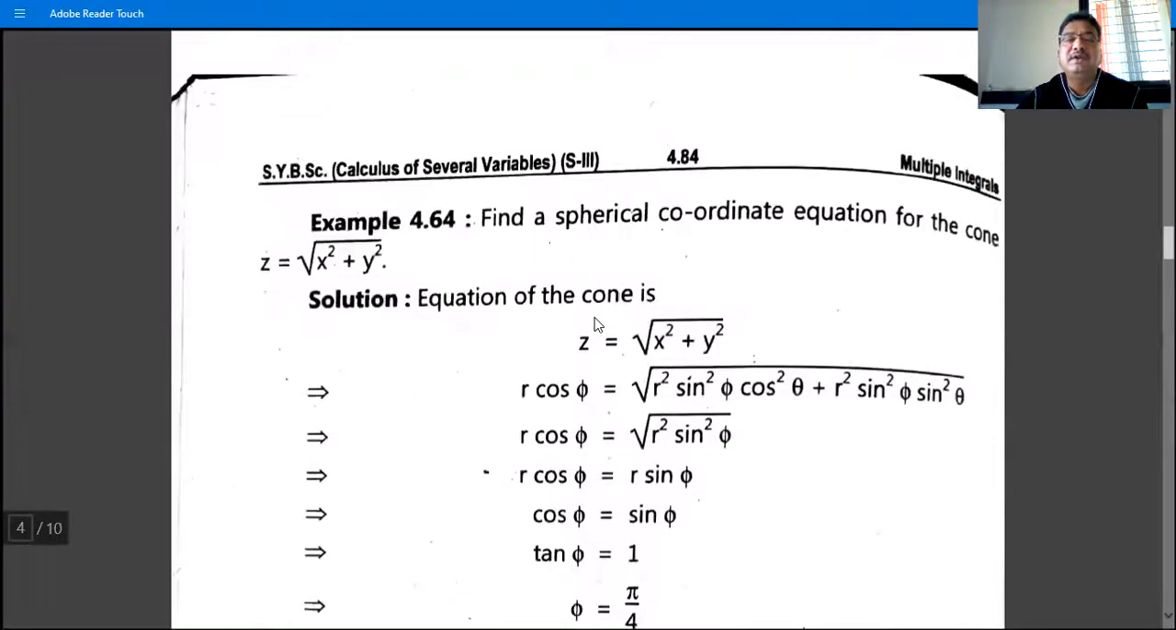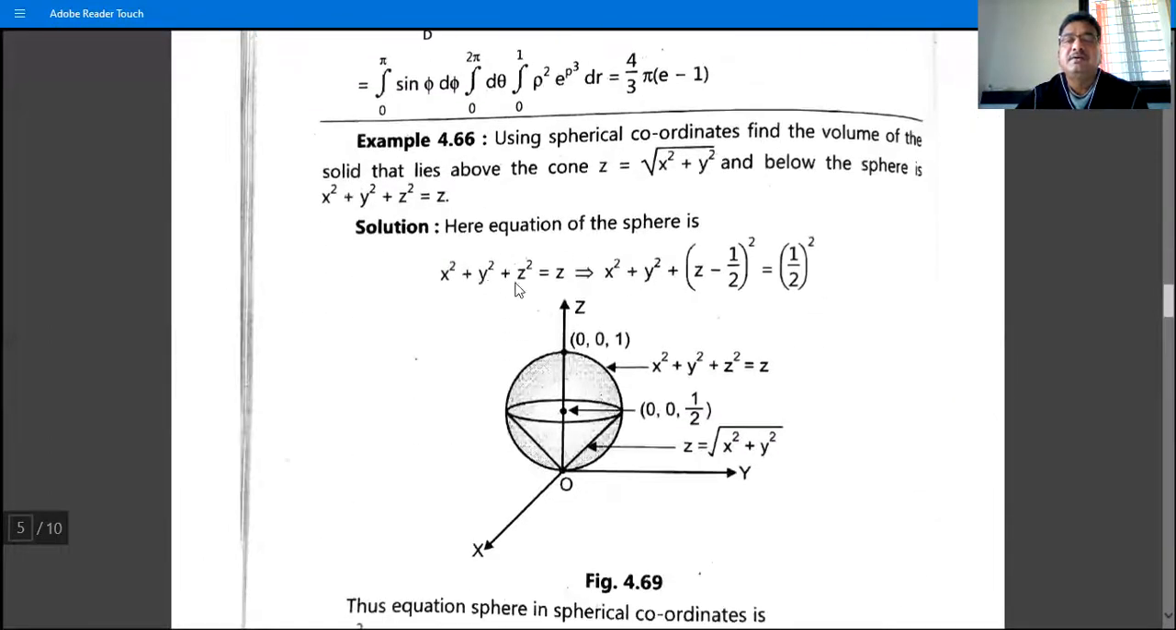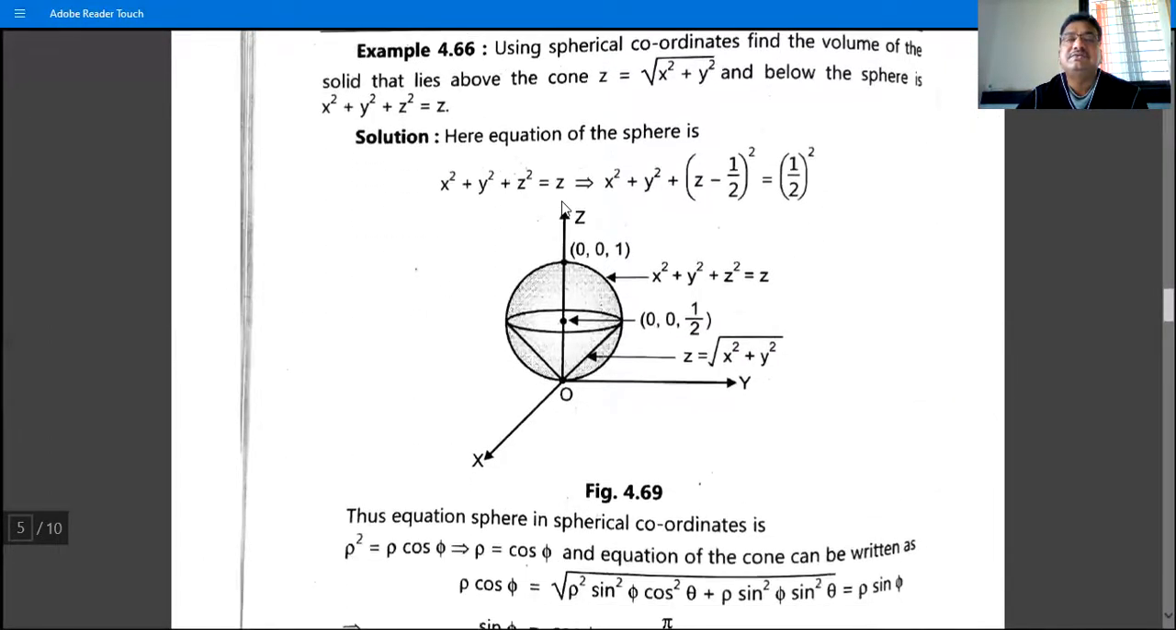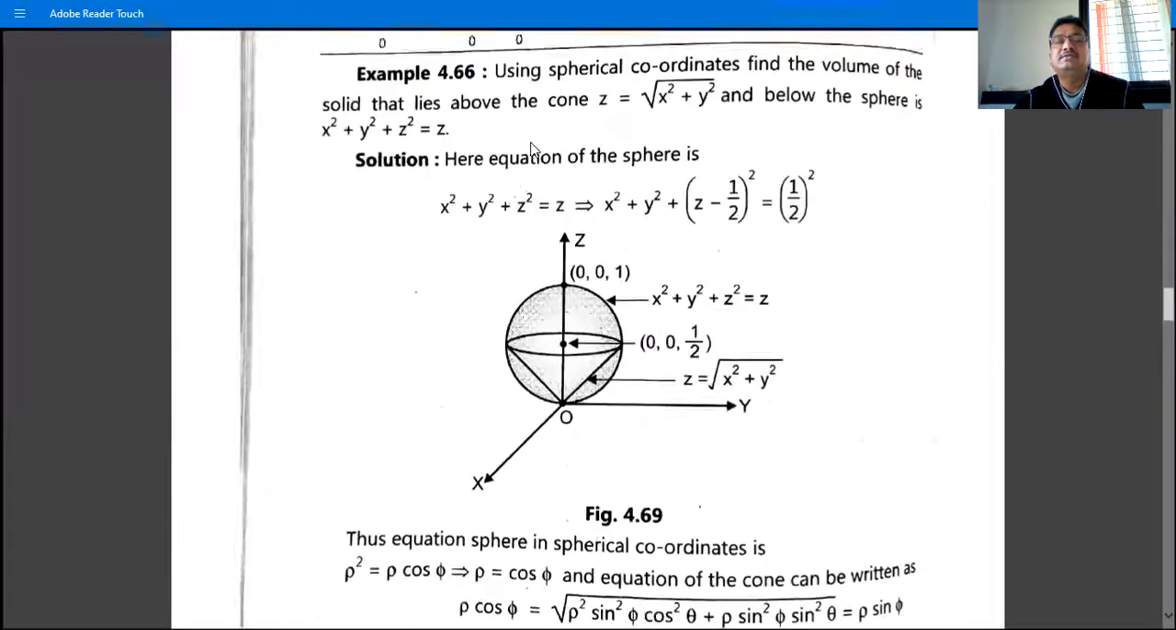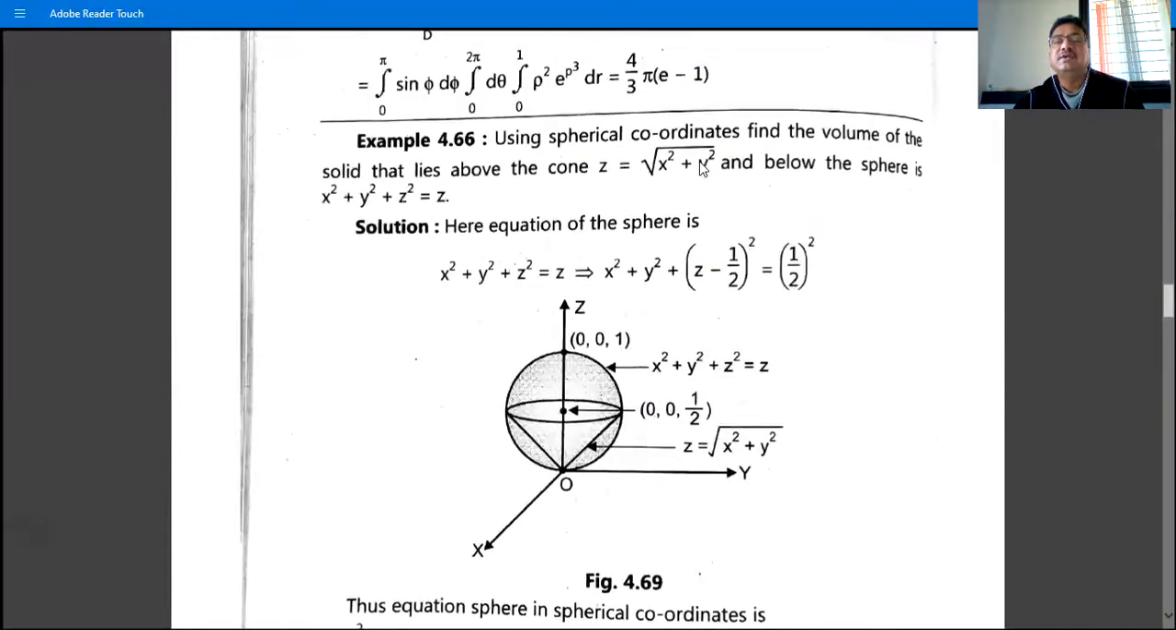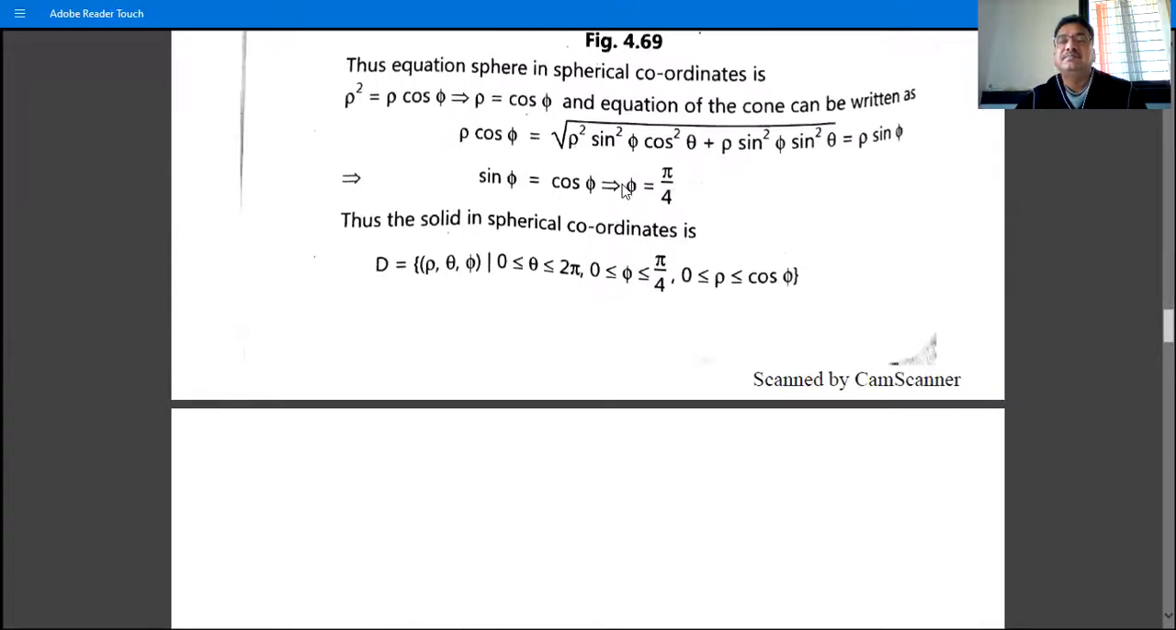So we have the polar equation of this sphere, x square plus y square plus z square is equal to z. This is the polar equation: rho, or r, is equal to cos phi. And the equation of the cone, z is equal to root x square plus y square, is converted to phi is equal to pi by 4, and the solid in spherical coordinates is